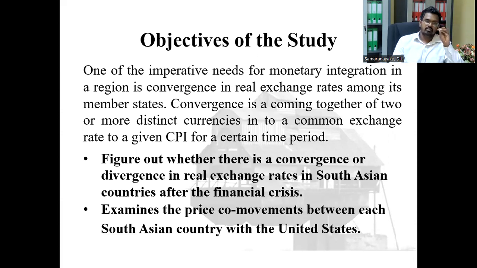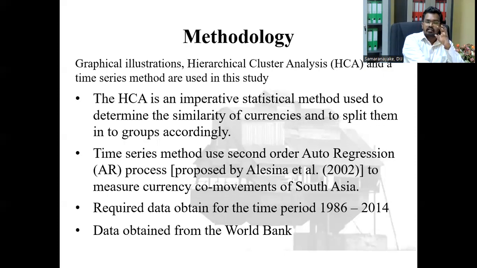Then for that, we have to check against the prevailing currency, because we usually go for comparative advantages, right? If our plan is to go for a common currency for South Asia, but it is relatively expensive or not productive for the countries compared with pegging to the US dollar, then though we have the possibility, it's useless. If it is worse than the US dollar, then why are we going for that? So we have to check that comparatively as well. We have to see the price movements of South Asian countries with the US and with the other South Asian countries altogether. For this we use cluster analysis for initial understanding, with dendrograms,